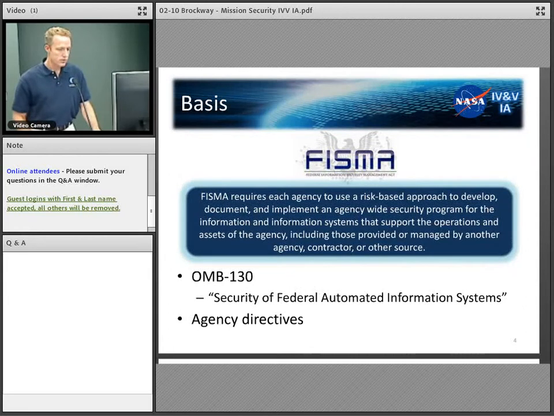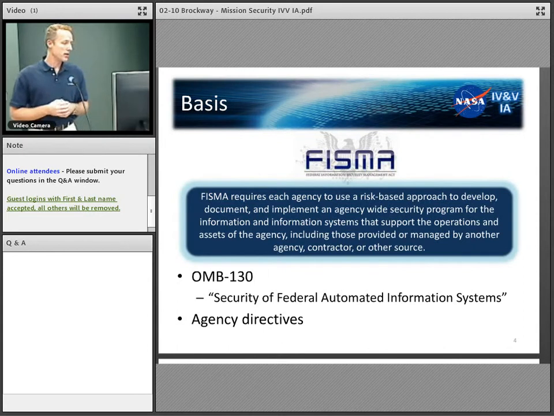So further to the why, we've talked a bit about that you should do this because there's a threat, and there are frameworks from NIST and IEEE that you must do this. FISMA tells us that we shall do this, and so the Federal Information Security Management Act, from a government agency perspective, requires agencies to use a risk-based approach to develop, document, and implement a security program to protect the assets, those high-value targets.